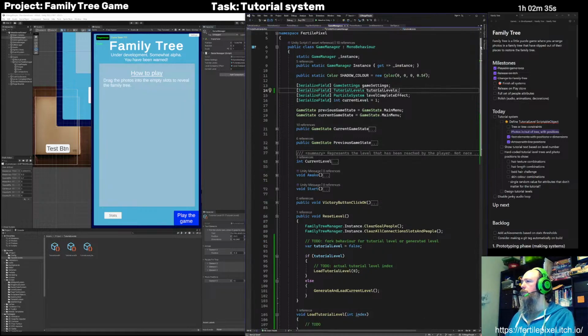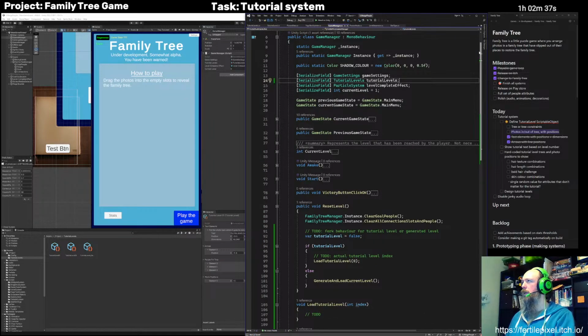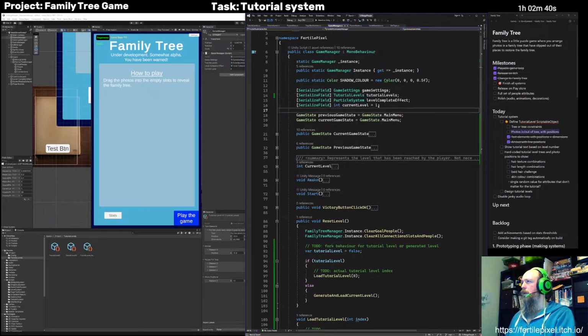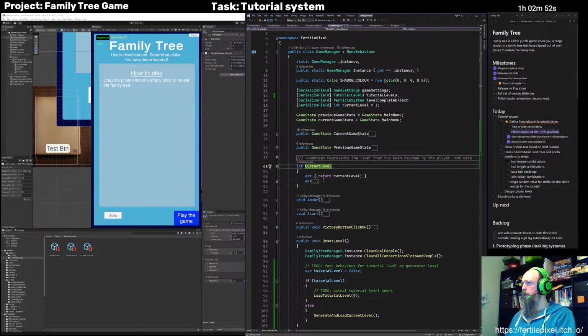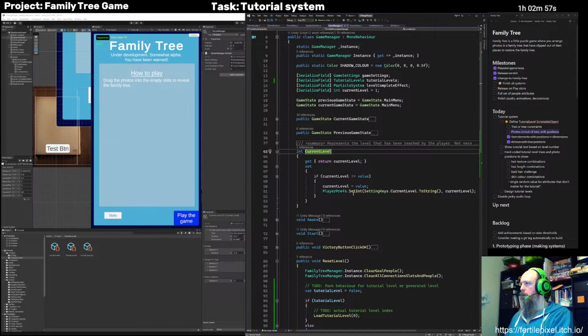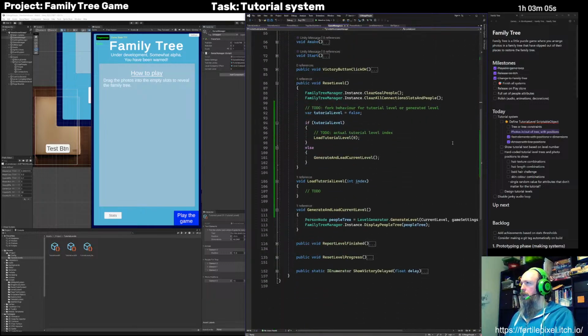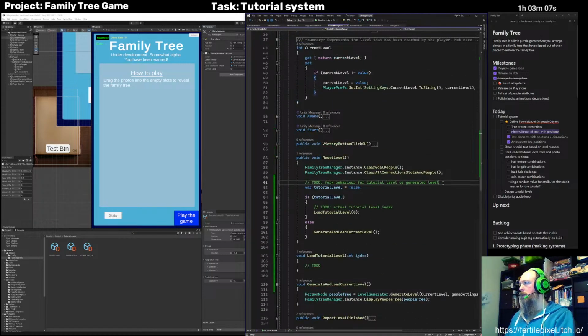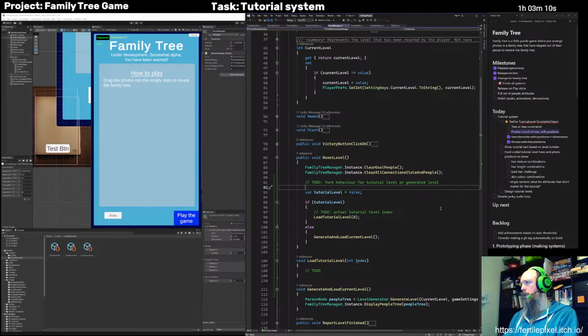And now I'll have my current level, and it starts at 1. So yeah, we've got a 1 indexed level. And this property is just a wrapper around that, I think. That way it will update the player prefs when that changes. Anyway, this code down here is relevant. So basically what we want to do is